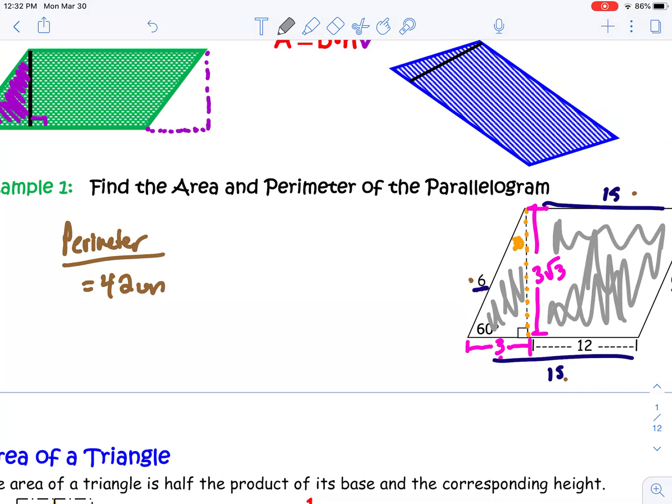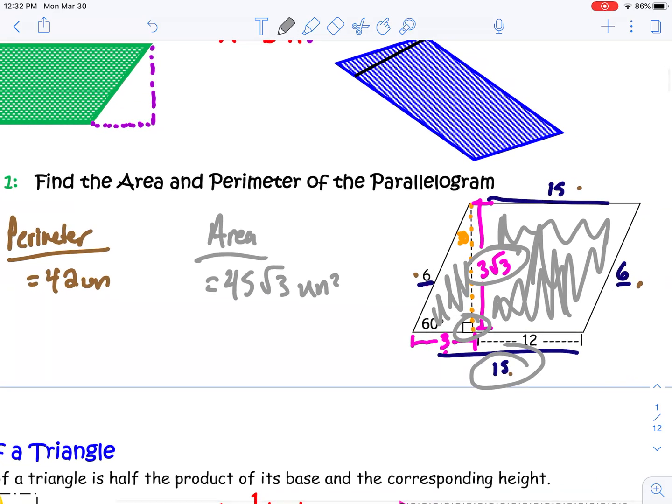The area, on the other hand, which of course is, again, all the space enclosed by this figure, is going to be the height, which we can see here we were able to calculate, times the base that it's perpendicular to. Well, that means our area is going to be 45 root 3 units squared. Perfect. And that's the area and perimeter of our parallelogram. So again, our right triangle rules became a tool to find the relevant measurements we needed to find area and